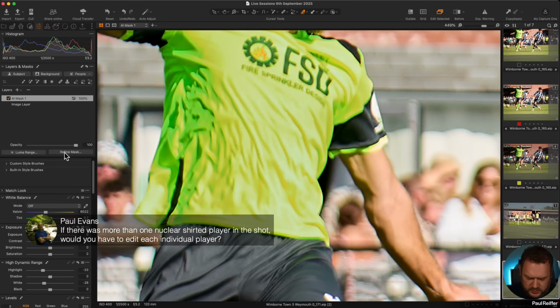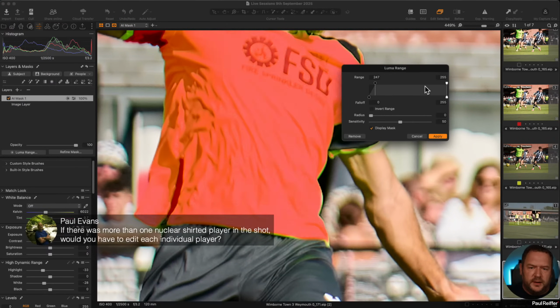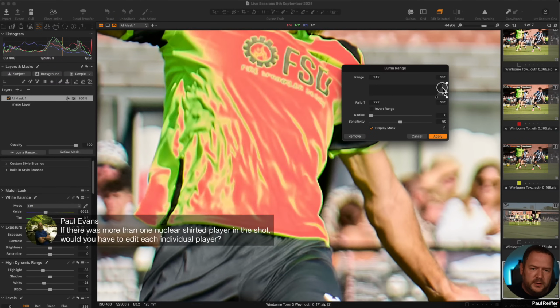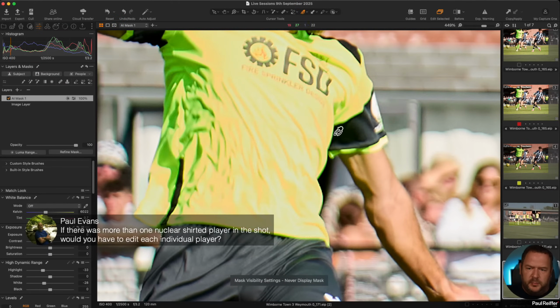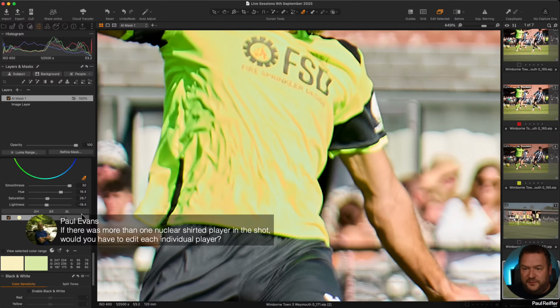And then we're going to go to our mask with a luma range and say all the bright stuff. Let go of the shadows, tail off quite slowly. Hit apply, and then we're going to rasterize that mask. We're going to refine it, and then with what remains, we can obviously play with our tint. We could even, with what remains, if I just look at what the mask actually has, we could take our